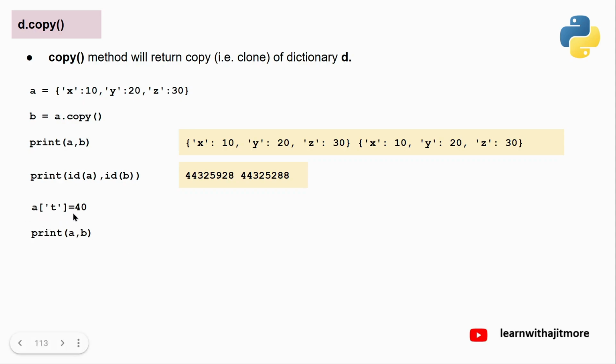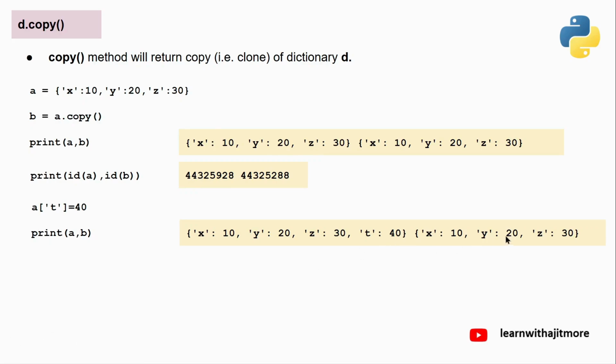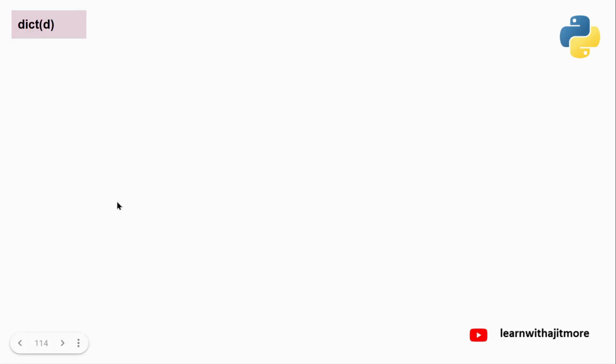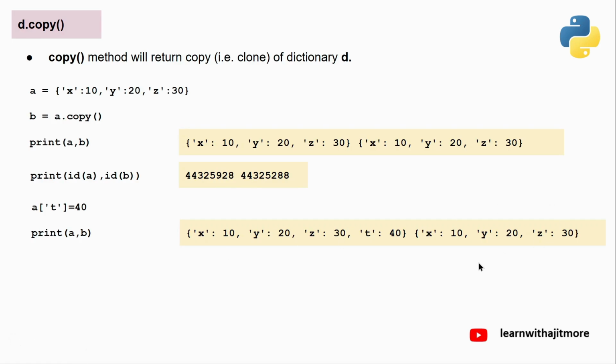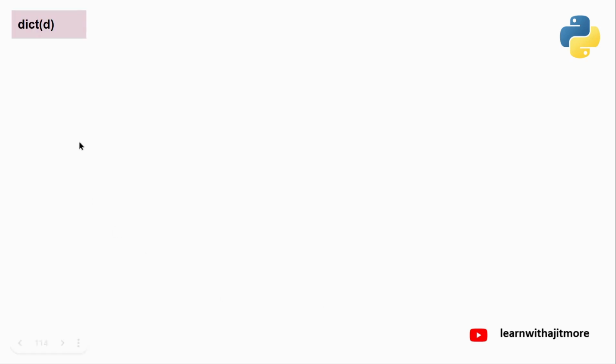देखो a of t equal to 40 किया, तो ये की t सिर्फ a में ऐड होगा, b में नहीं। सी, यहां ऐड हुआ, यहां नहीं। ठीक है, और वाइस वर्सा, कि अगर मैंने b से ये y की वैल्यू चेंज की, तो सिर्फ b में ही चेंज हुआ है, a में नहीं। और सेम यू कैन डू इट बाय द फंक्शन dict. इट इज ऑल्सो क्रिएटिंग अ क्लोन। किसका क्लोन? जो डिक्शनरी उसको पास करोगे, इट्स लाइक अ कॉपी कंस्ट्रक्टर। देखो, अभी जो डिक्शनरी आप पास करोगे ना, इसका डुप्लीकेट बनाएगा,